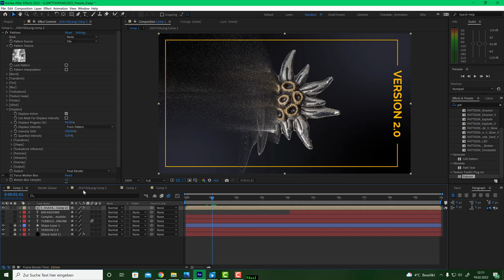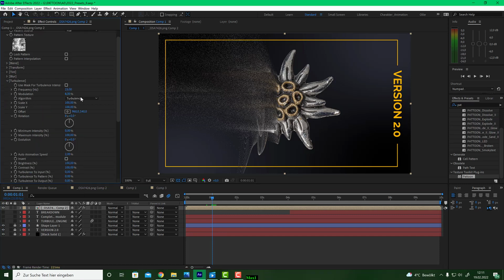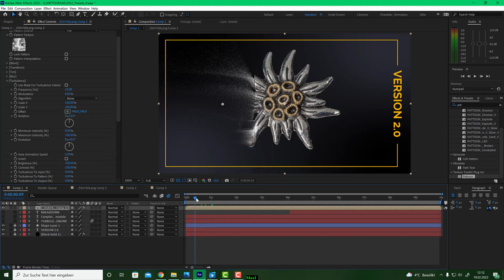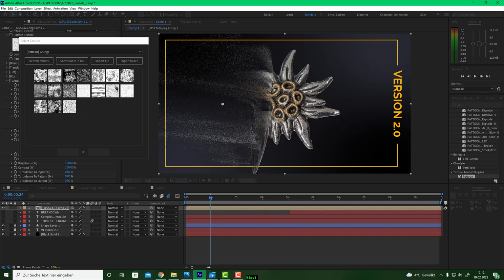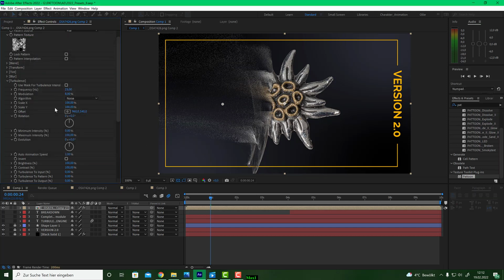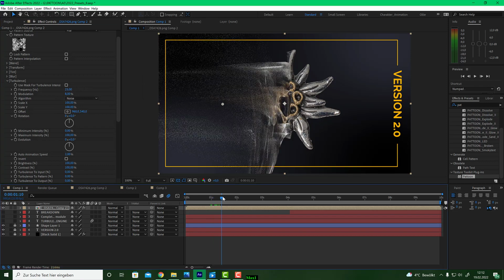Okay. So, as I said, the new Turbulence engine is completely redesigned and you get a bunch more turbulence settings. For example, if you change that to noise, you will see you have a completely different behavior of this dissolve effect, because now each pixel is driven by this noise modifier. Also, it's driven by the texture, because the displacement in general is a mix between texture and the influence of the turbulence layer. So if you change the texture to, let's say, this one, you will have a little bit new behavior of your particle flow or pixel flow. Okay? So it's easy to change things,